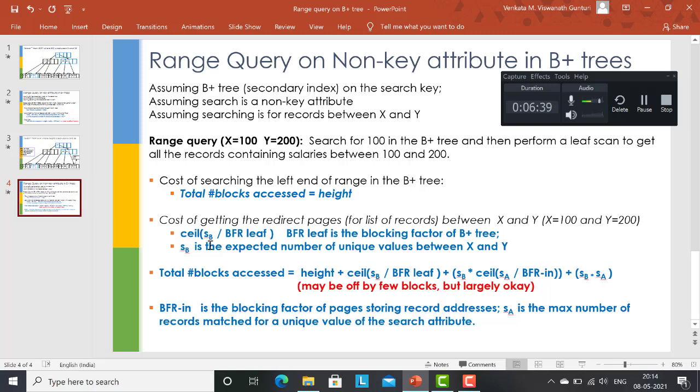And you divide it by the blocking factor of the B plus tree, and you take a ceiling of that. This part we covered previously also. This is the cost of doing that leaf scan. So the first two parts come from the previous case: root till leaf, disk blocks accessed, and then the cost of doing this leaf scan. And now